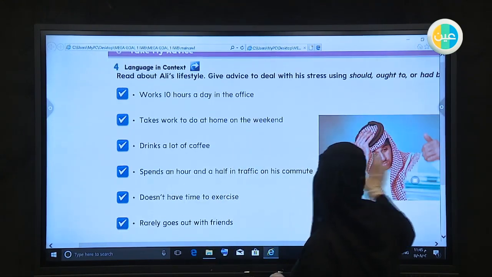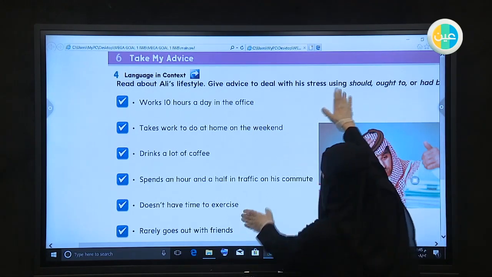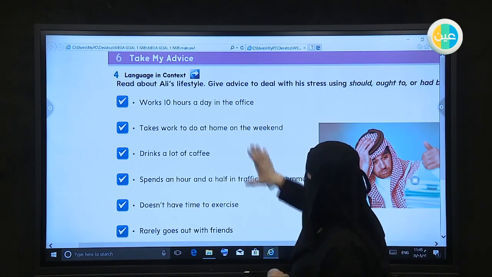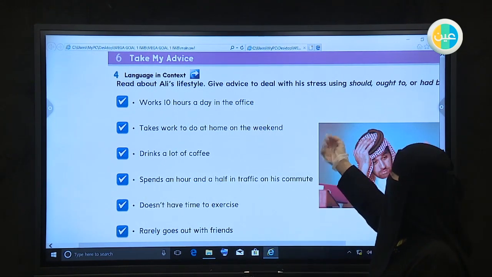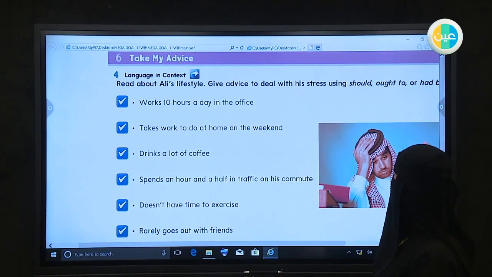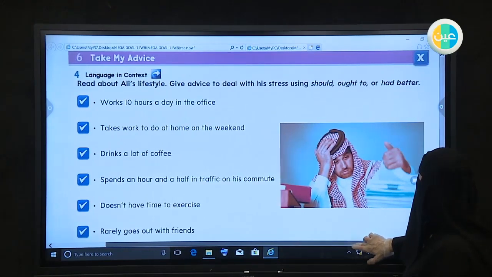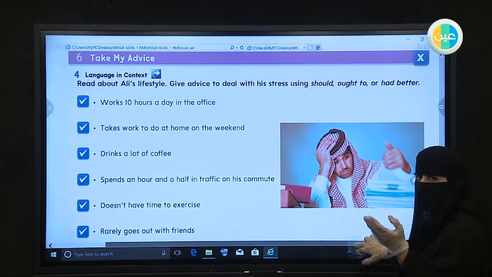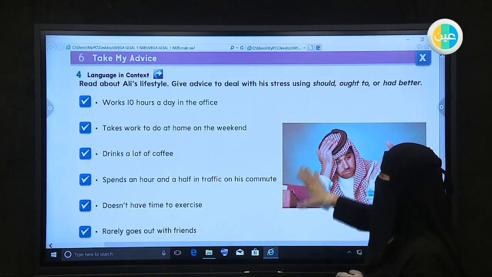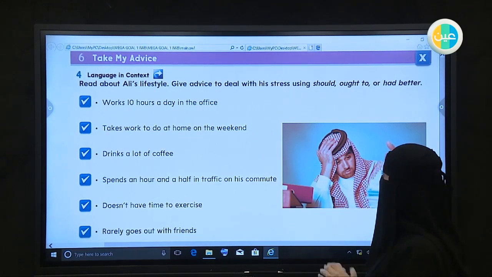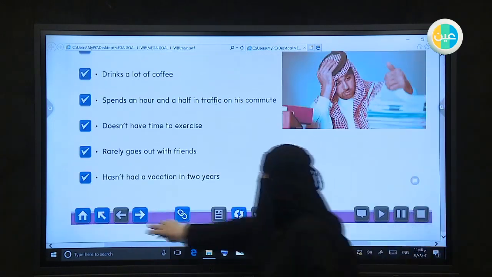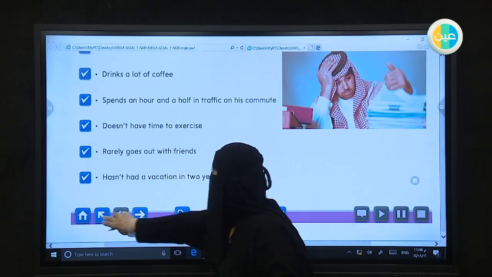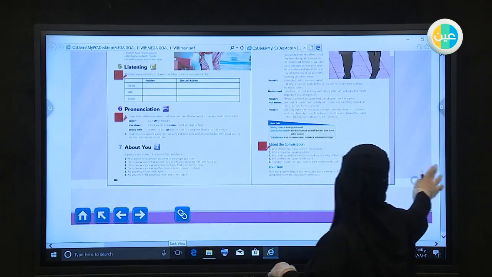Okay, section 1. We have language in context. Read about Ali's lifestyle. Give advice to deal with his stress using should, ought to, or had better. That's what we talked about before, modal auxiliaries. And we have some sentences that help us answer about Ali's lifestyle. We begin. They told us that